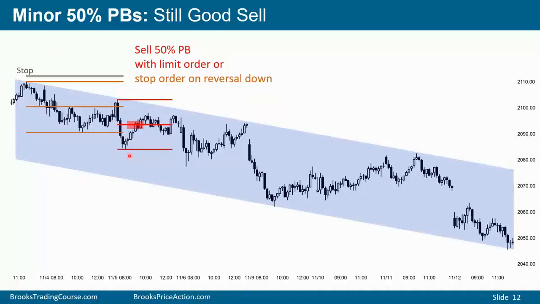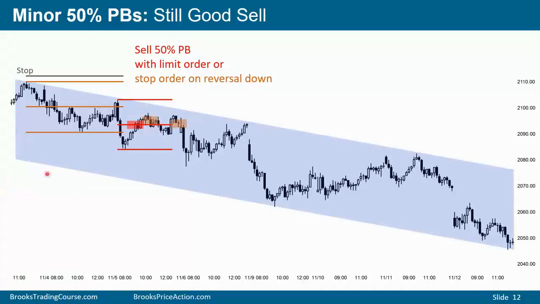A new bear leg, traders will sell, or many traders will sell with a limit order 50% of the way up, betting that the market's in a bear trend and therefore it's probably going to a new low before it gets above a major lower high. And they're correct. Therefore, you can sell and go for a reward equal to your risk, knowing that the 60% probability of reaching your target before hitting your stop makes the trader's equation positive.